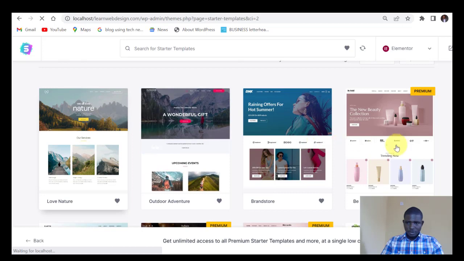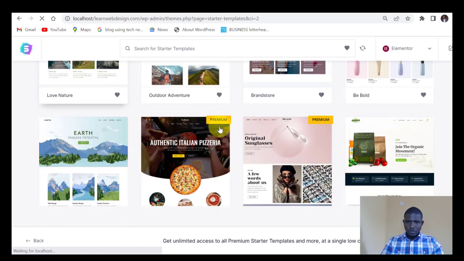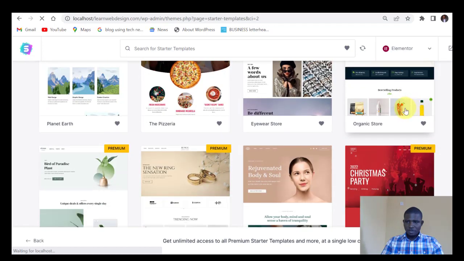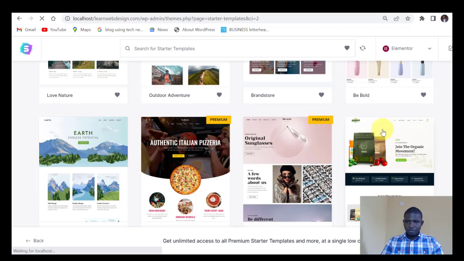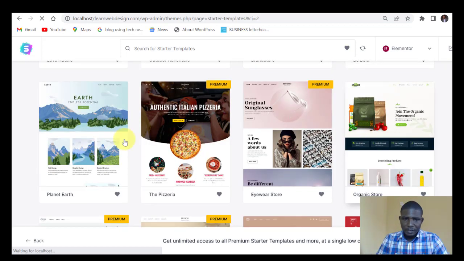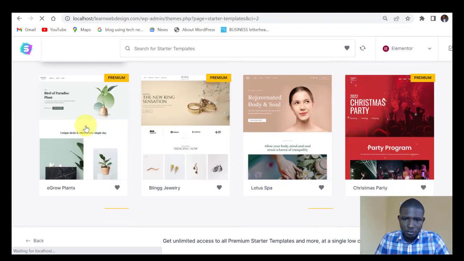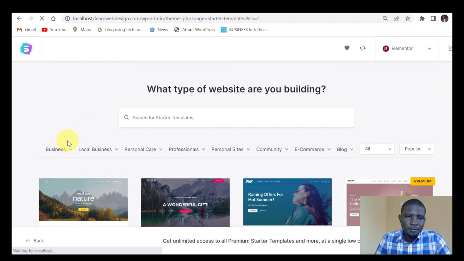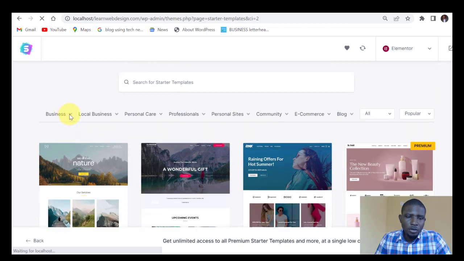These are websites. So you see the ones that have premium, they are not free, but the ones that don't have premium, they are free templates, and you can get them and use. Okay, so there are different categories here. If you come under business here,